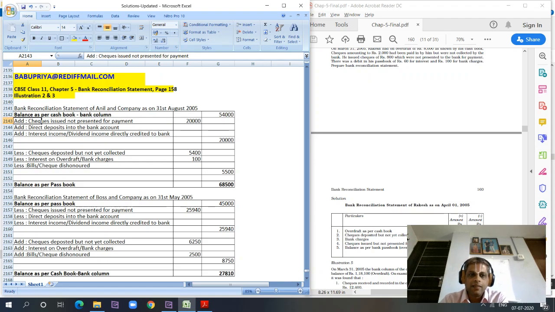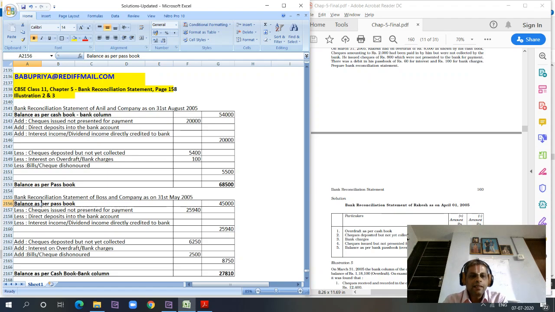We have issued a check to a supplier or to an employee for a reimbursement or for a payment, and the person has not deposited the check. So the bank balance in our book could have come down, whereas the passbook still shows a higher balance, so we are adding. This is the concept we have understood in the reconciliation. Now, when it comes to passbook, we start from passbook and arrive at the cash book balance. So passbook will show a higher figure.